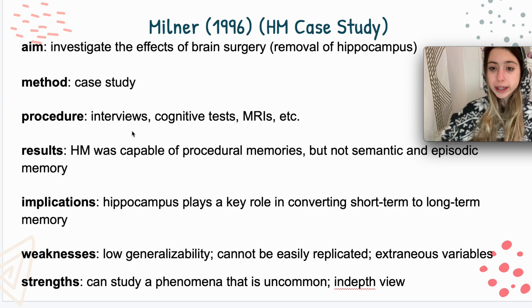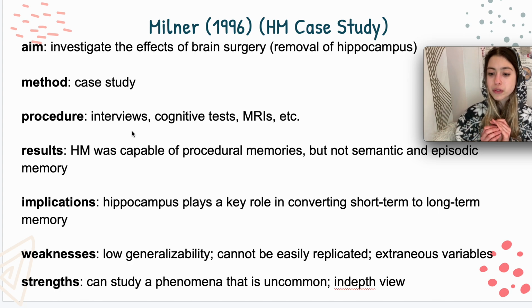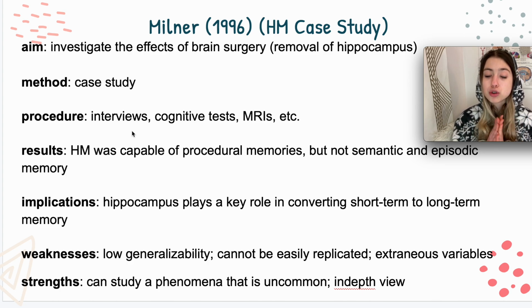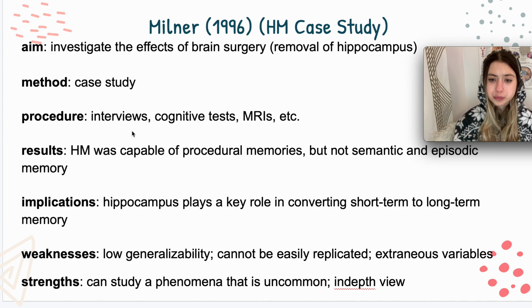You don't really need to know it in super big depth, because the main thing with the HM study is just knowing the results and the implications of it. But you should know that he went through interviews and different types of testing. He had MRIs done of his brain, and obviously, you want to know that this was a result of surgery